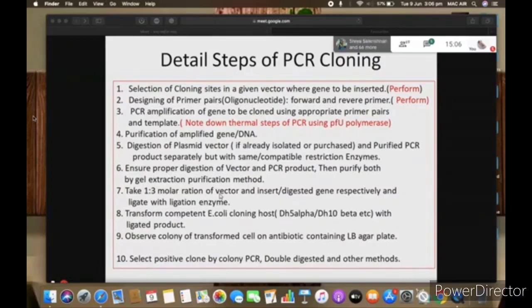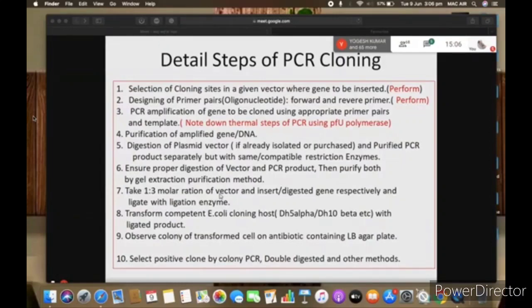After ligation, we take the ligation mixture and transform the competent E. coli cells. You follow the transformation protocol: we add some amount of DNA, keep on ice for 30 to 40 minutes, then give heat shock at 40 degrees C for 90 seconds, then add 1 ml LB media and keep for 1 hour for revival.